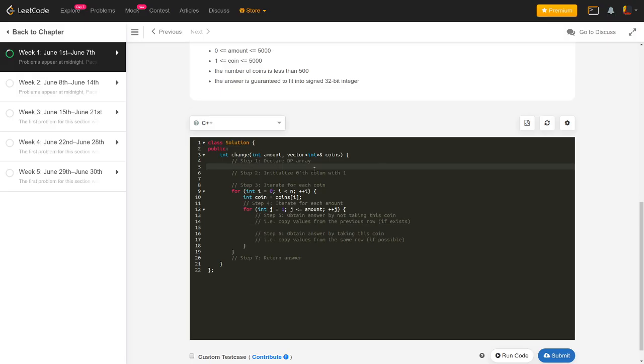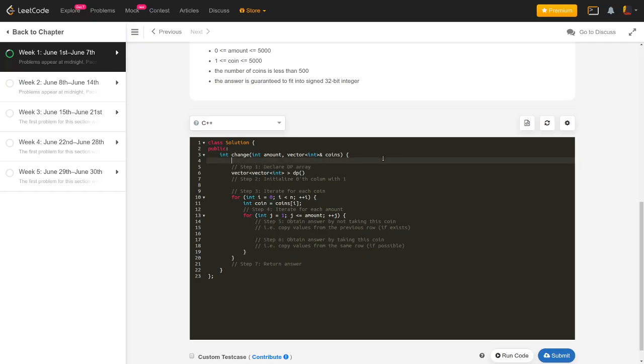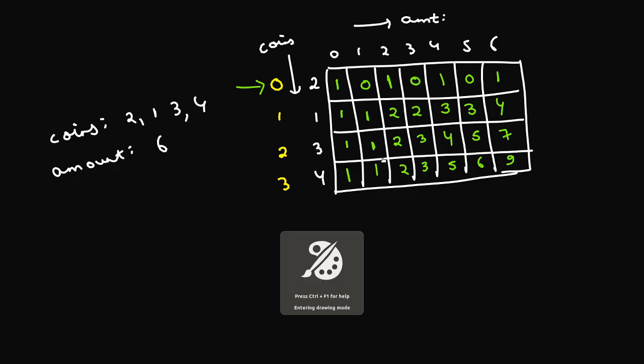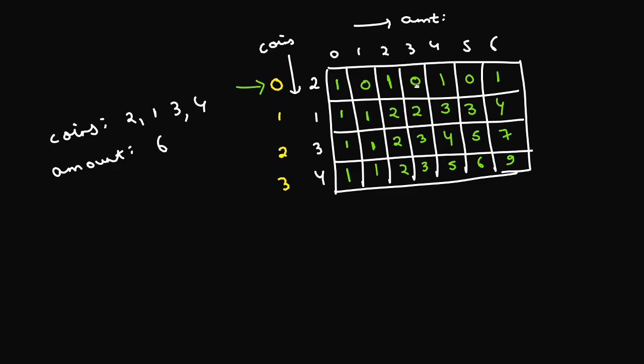The first step is to declare the DP array. So the way we do it is vector int DP of. Okay, so what is the size of the array going to be? If you notice here, how many coins do we have? Suppose we have n coins, and what is the amount that we have to make?